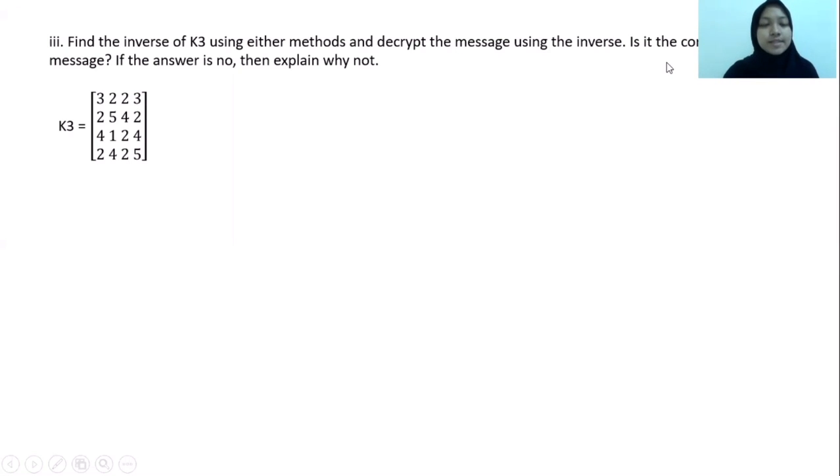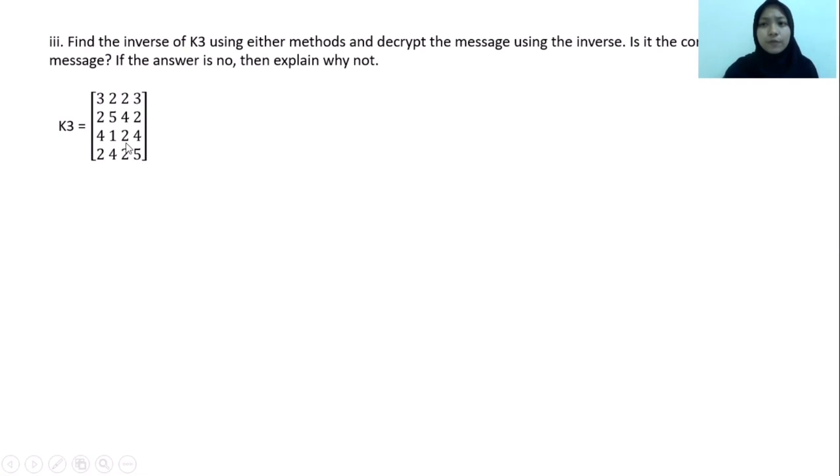This time we will discuss the third question. The question sounds like: find the inverse of K3 using either method, and I will use the adjoint method for this question, and describe the message using the inverse. Is it the correct message? If the answer is no, then I explain why not. Okay, so here we have